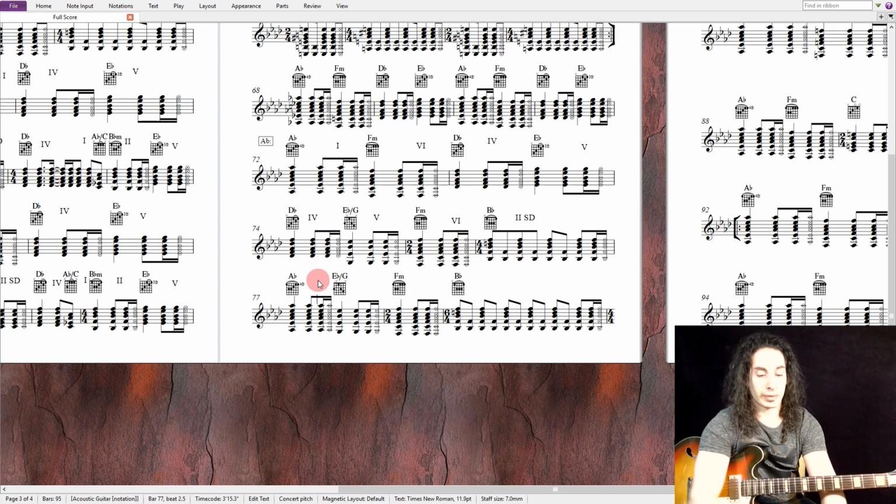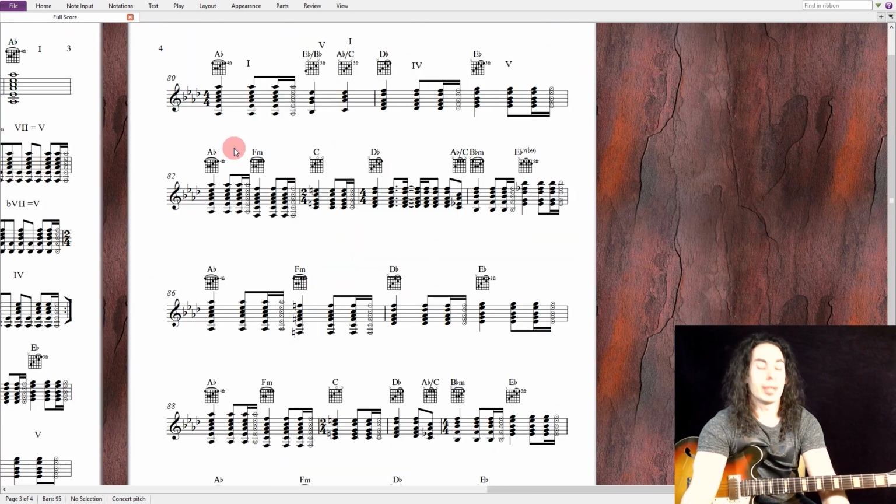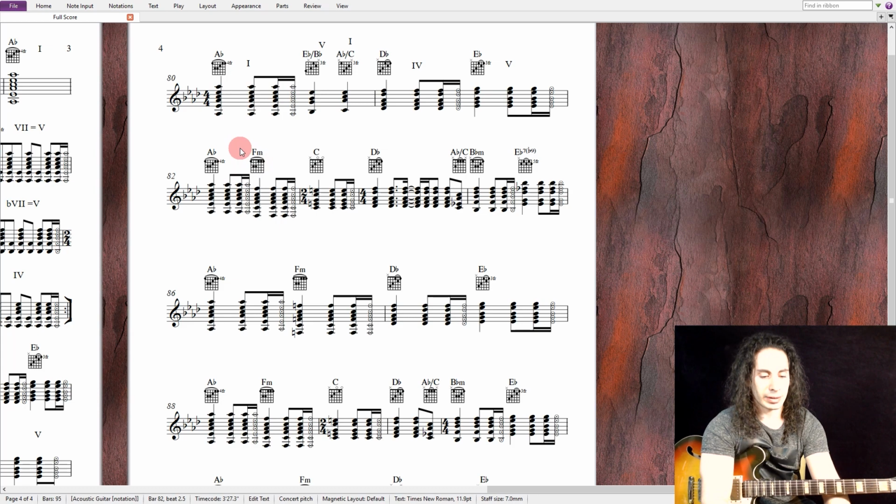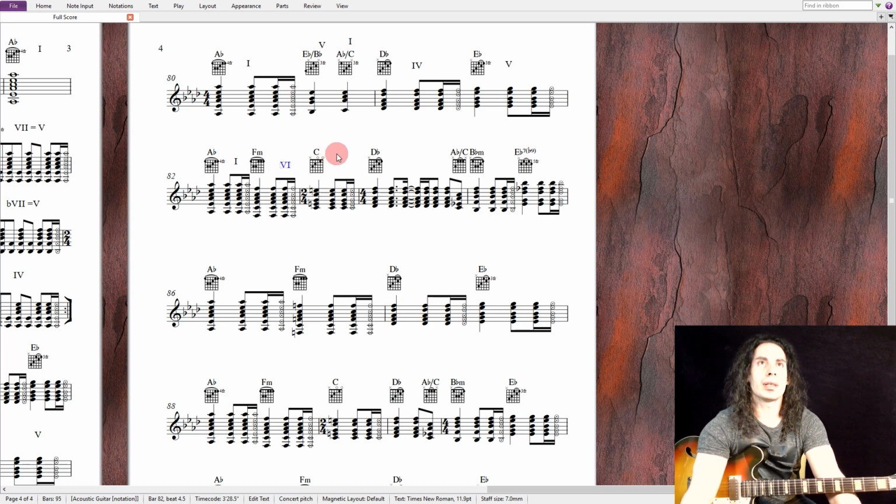Now here A flat is the 1, E flat is the 5, an inversion. This is the 6, and we have the secondary dominant over here. And now this part is A flat is the 1, F minor is the 6, C is the third secondary dominant. Remember, it's a broken cadence to the 4th,